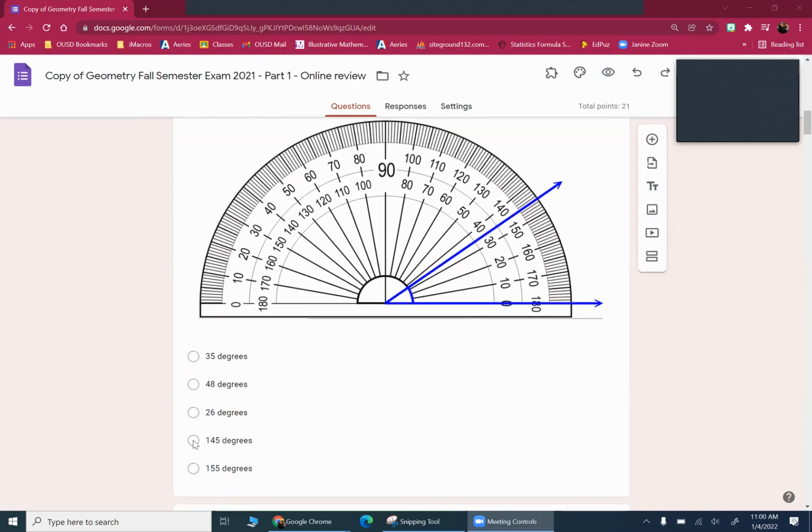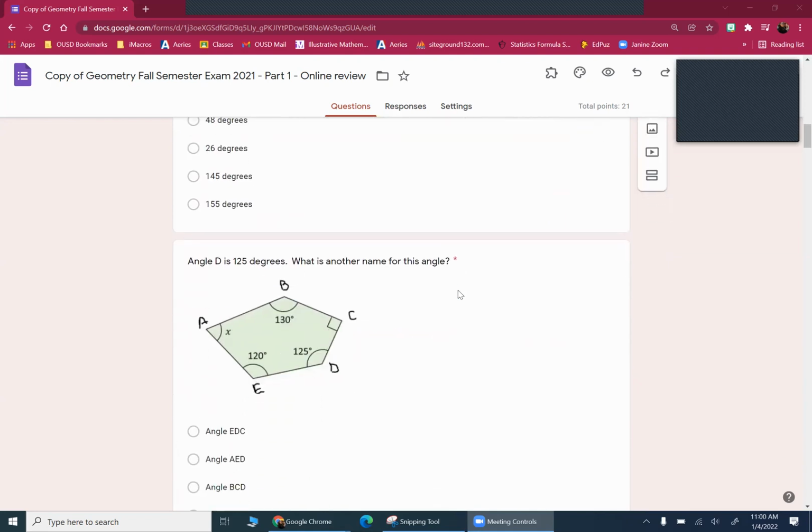You have to recognize that it's not an obtuse angle. And then, it could be 30, 48, or 26 if you were estimating, but you're not estimating. Next one,